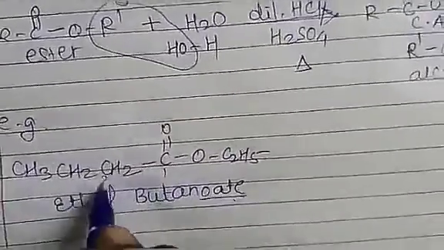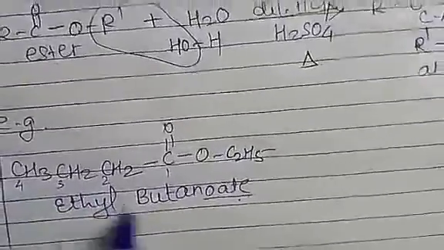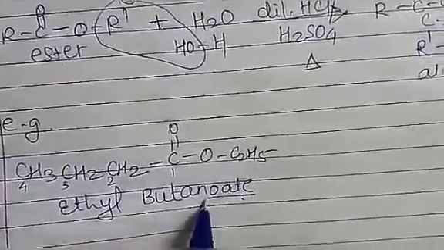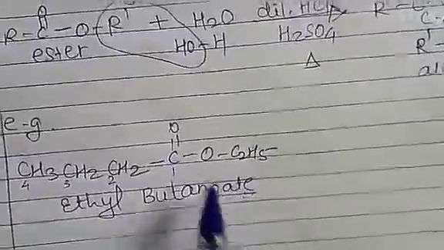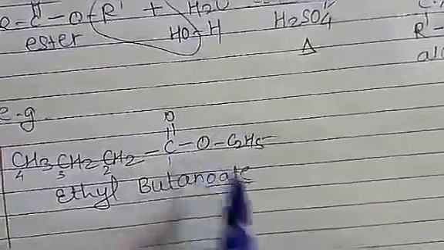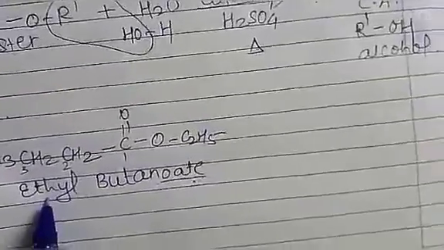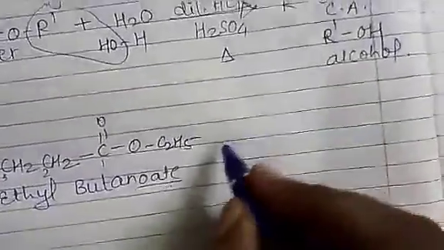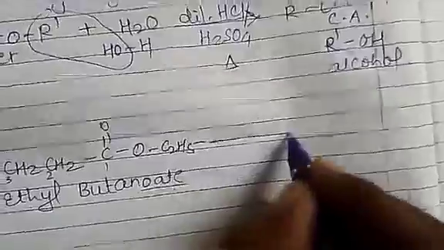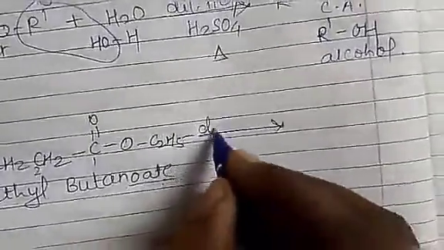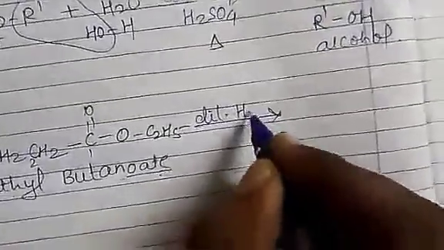So 1, 2, 3, 4 carbon atoms, so it is butane. Oate represents the C double bond O, and C2H5, that is ethyl, is considered as the substituent. Then it undergoes acid hydrolysis in presence of